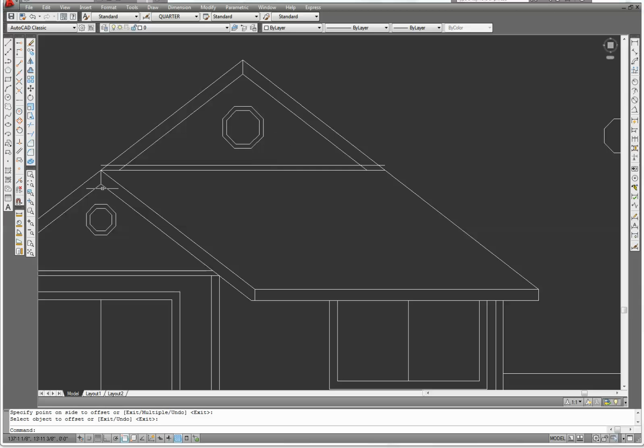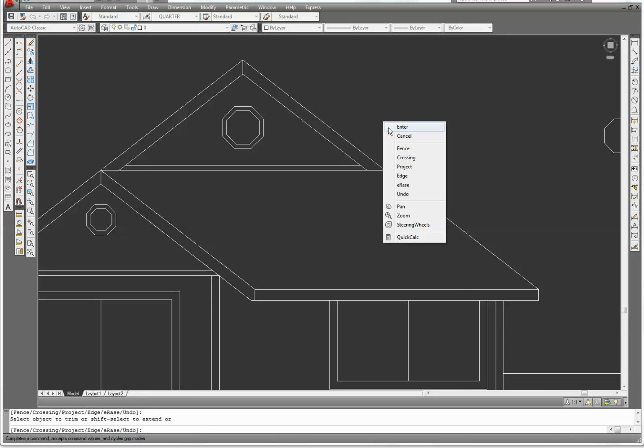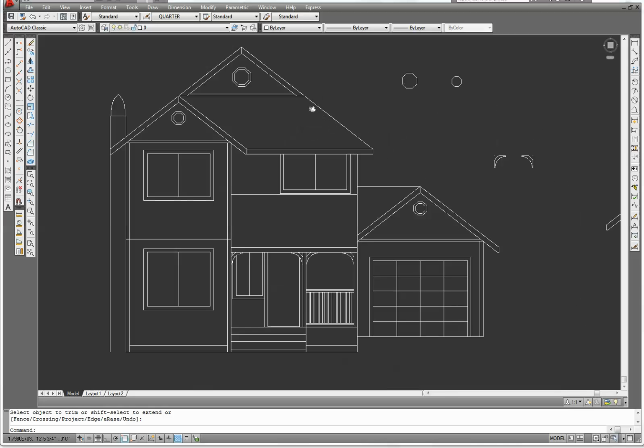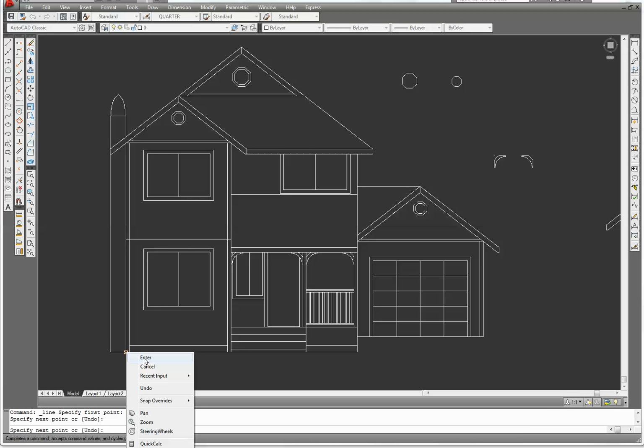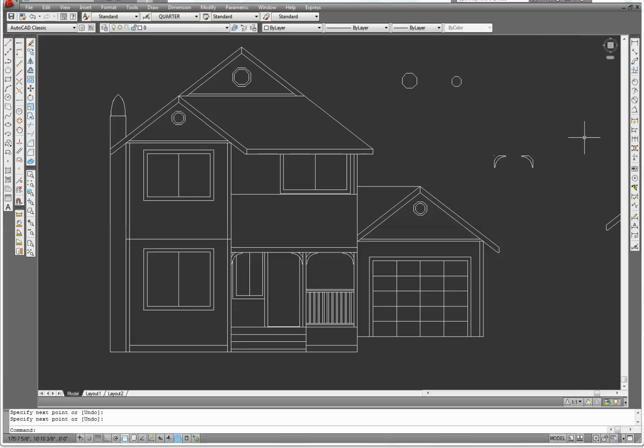We got one more thing we missed from before. Let's clean that up. Type or click on the trim, enter, and then let's trim these out here. Okay, we are starting to get close to a house. One more thing, click on the line and close that off. So there we go. That finishes up